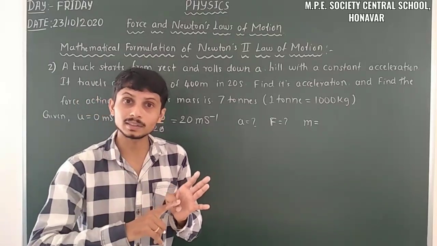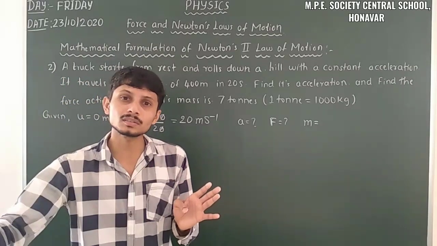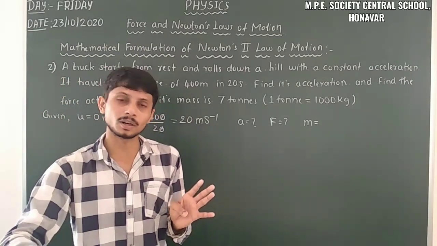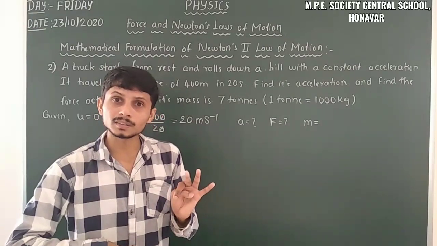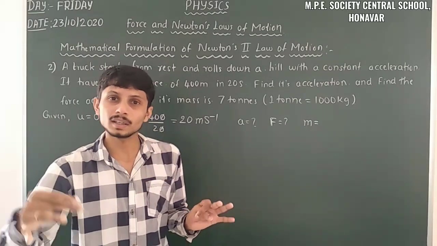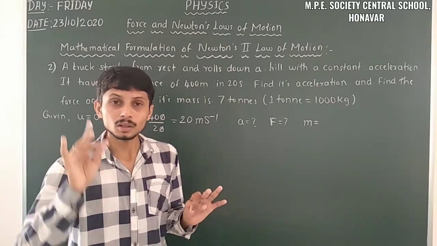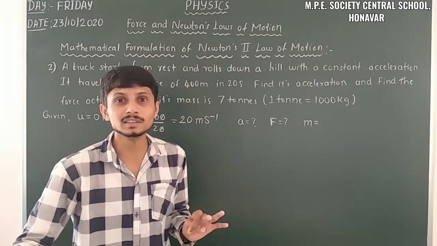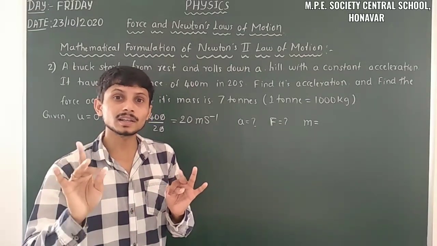When we are taking length, that means distance or displacement, you have to write it in meters, not in centimeters or kilometers. You have to write in meters only, whatever the number. In case of mass, don't write in grams or milligrams. Here you have to write in kgs, because it is the internationally accepted standard unit. That's why mass we have to write in kgs.